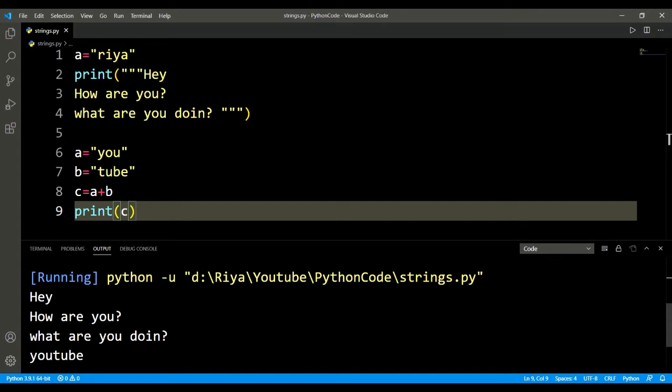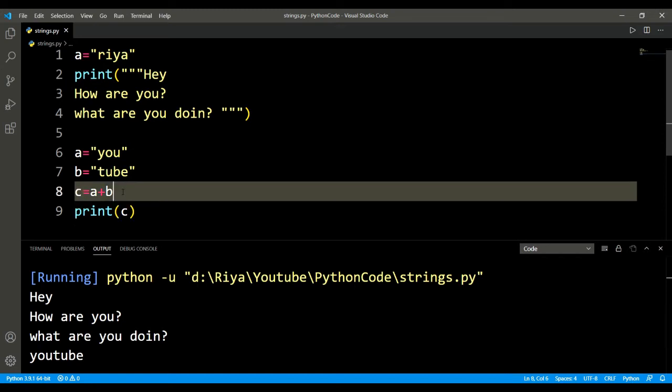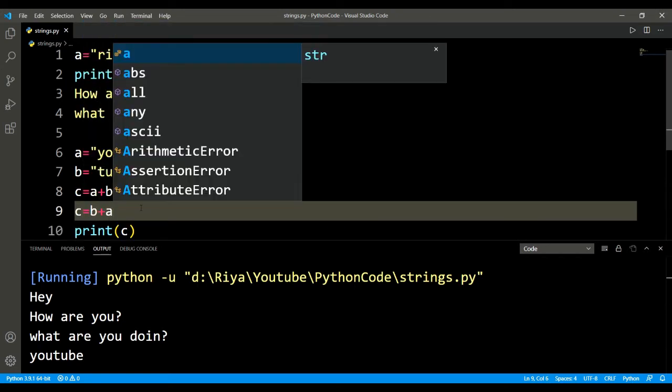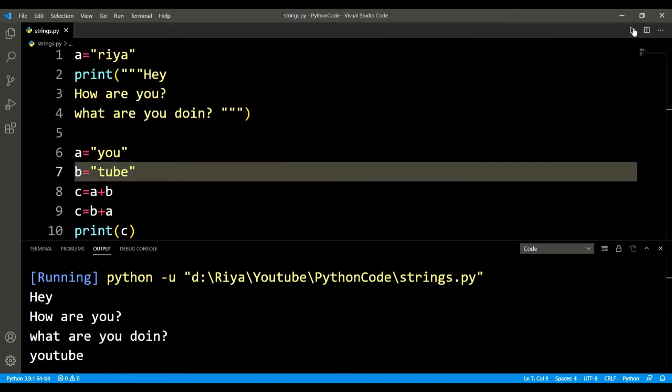It basically joins both the strings together one after the other in that order. Because it's a plus b, it joins tube to u. If this was b plus a, then it would be tube u,